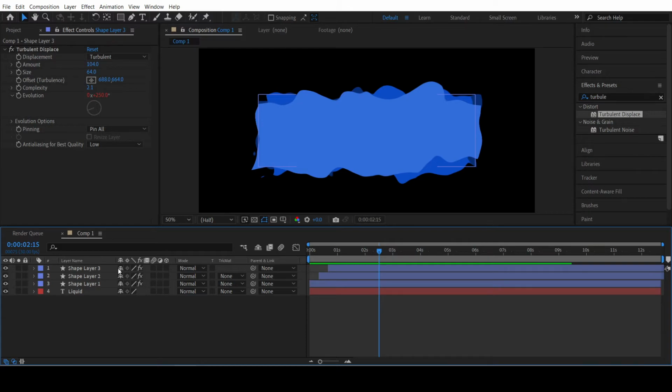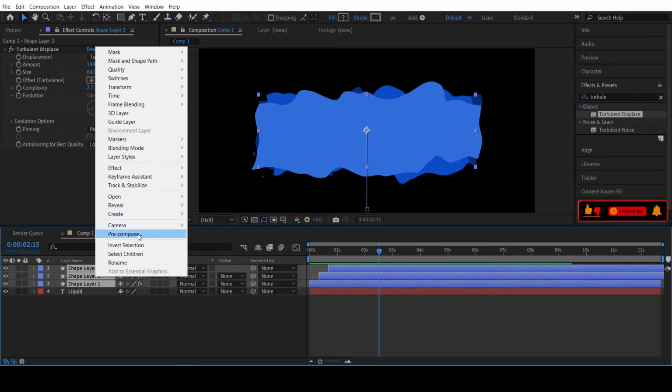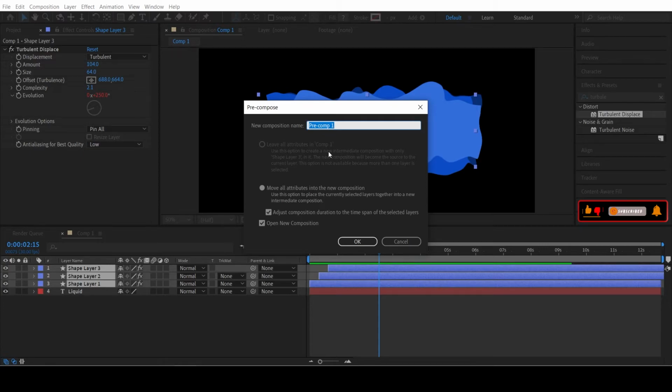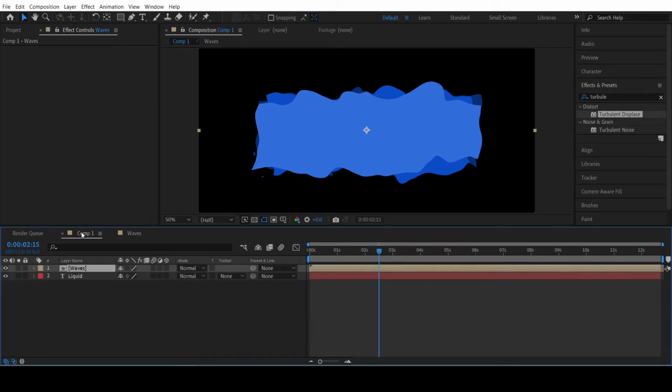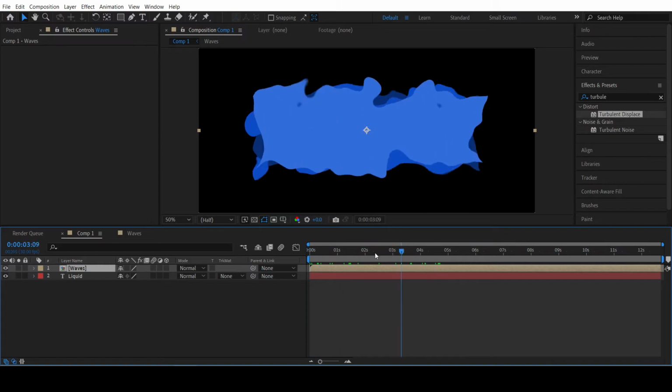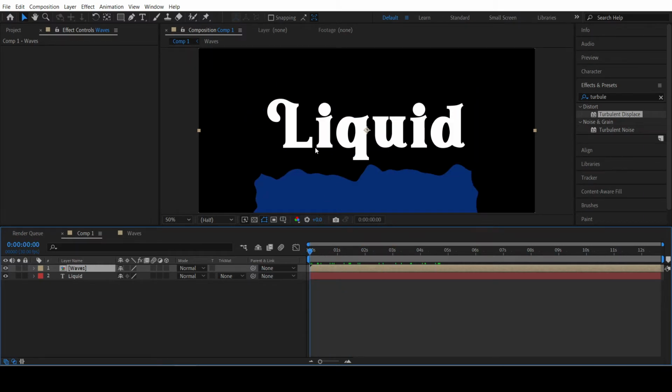And this is a very short tutorial, so there's not that much left. We're gonna click this top layer and go down to our last layer, select all of them, right click, pre-compose, name this waves. Okay, now we have our waves. We want the waves to be inside the words, so it looks like there's waves in the letters. So let's move the waves underneath the liquid,